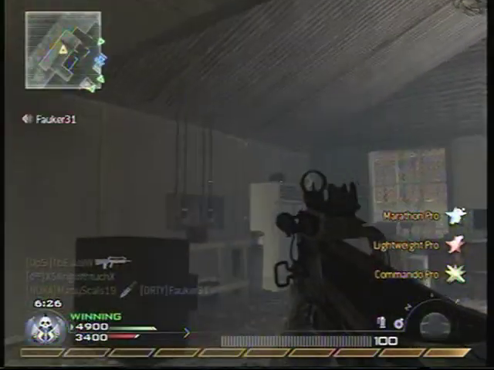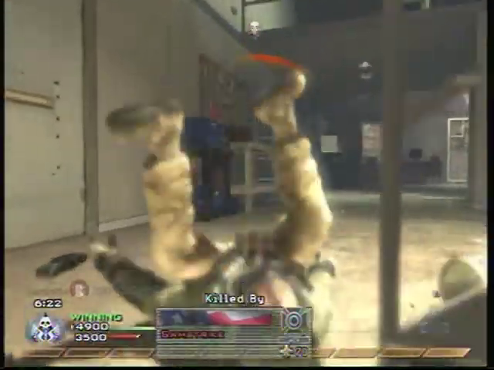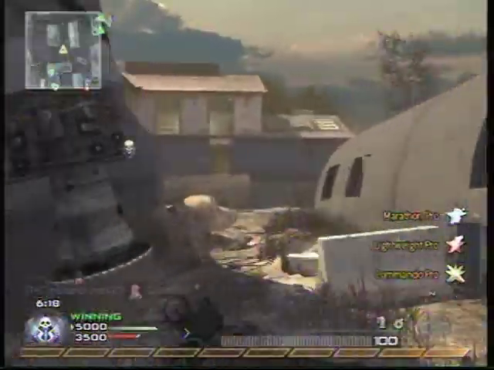I think this is the only person I actually try to kill with the P90 the whole time, and that's my problem with regular team deathmatches. You can shoot them 3 or 4 times, they still don't die, and then they just blast you with a shotgun. So